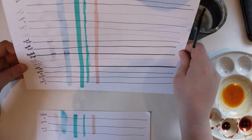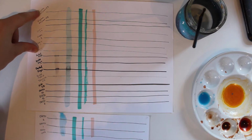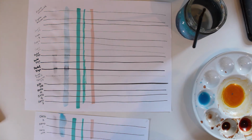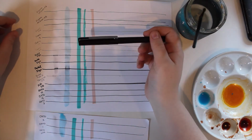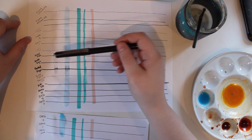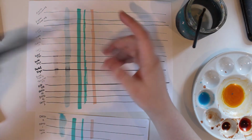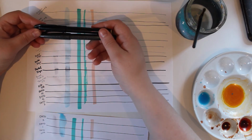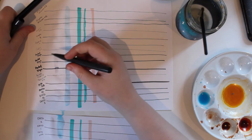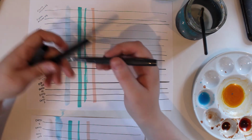It pretty much looks the way I expected it to look. The Pigma microns and the Copics worked fine. The Pentel Stilo, which is this one, did bad with the water. Not too bad with the paint, but I think I scrubbed with this one more. The Pentel Sign, I don't remember. You'll know because you'll have just seen, but this Pentel Sign did better than this Pentel Sign. I think that's this one because this one has a finer nib. Yeah, so this one did slightly better than that one, but I don't know if that's just my lack of science or what,